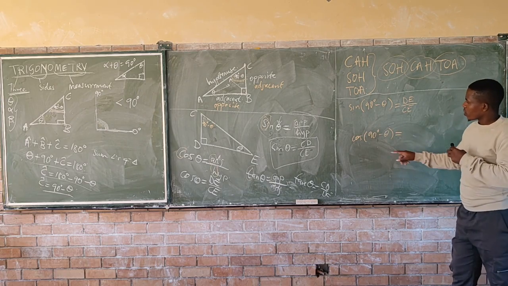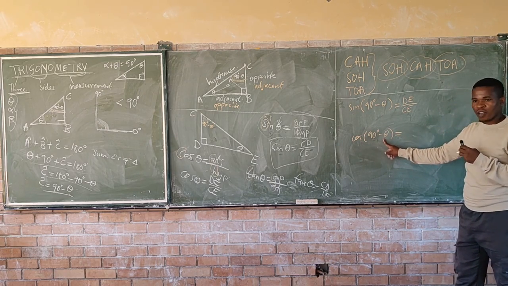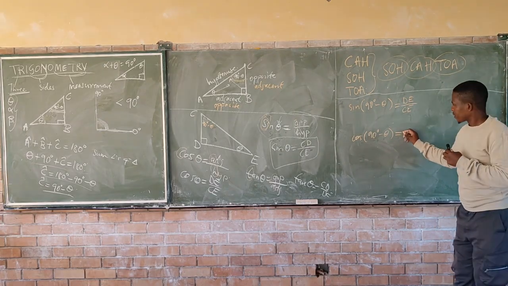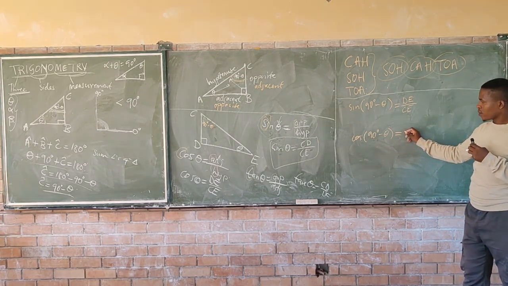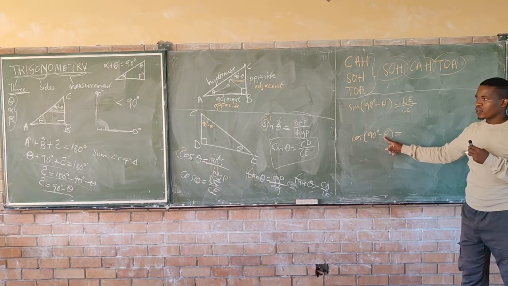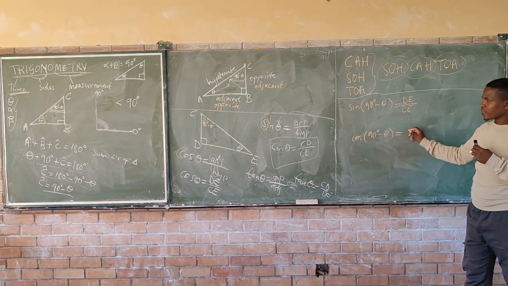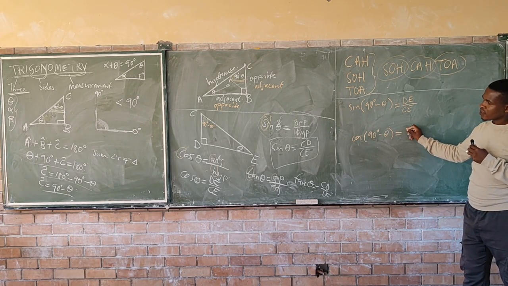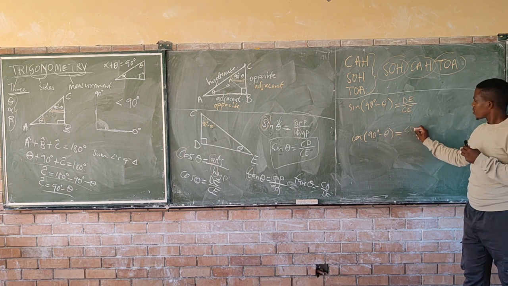Right, then cos of 90 minus theta, what will it be? Yoba? C over